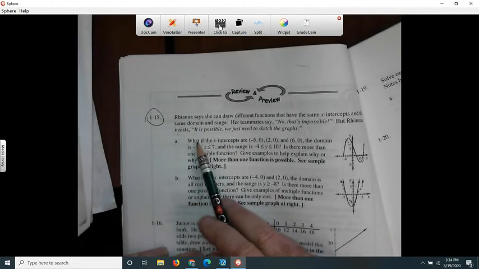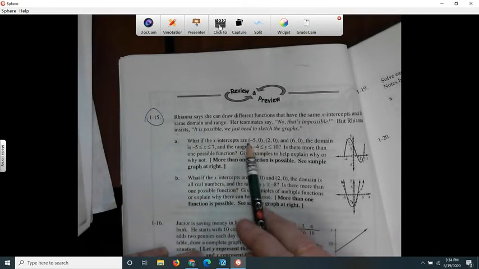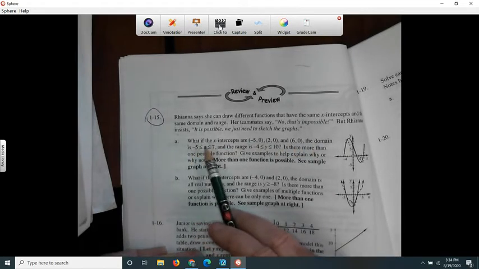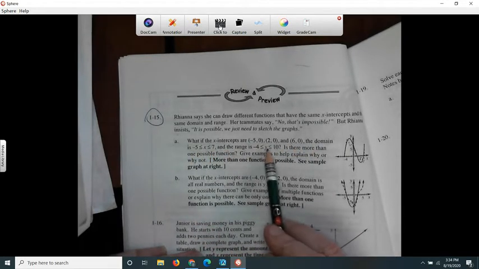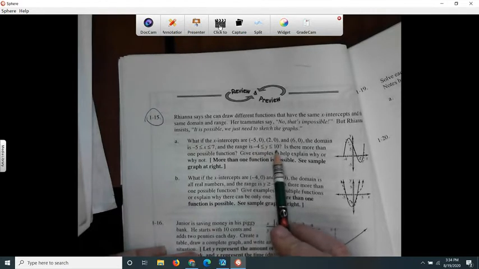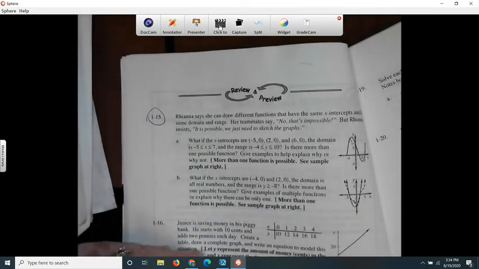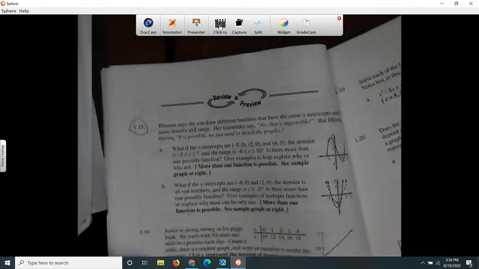Letter A says, what if the x-intercepts are -5, 2, and 6, and the domain is x is in between -5 and 7? The range is y is in between -4 and 10. Is there more than one possible function? Give examples. So,